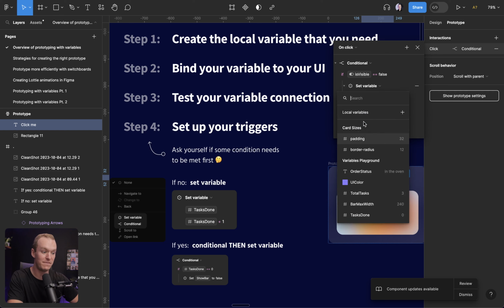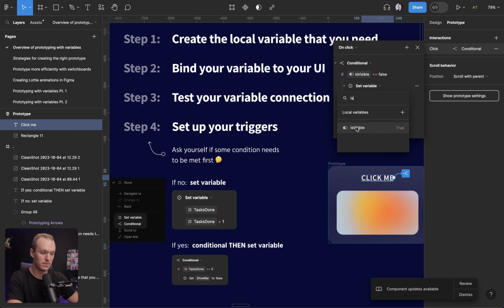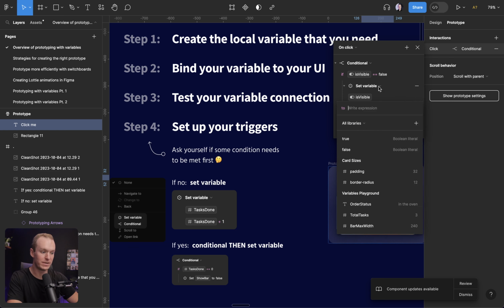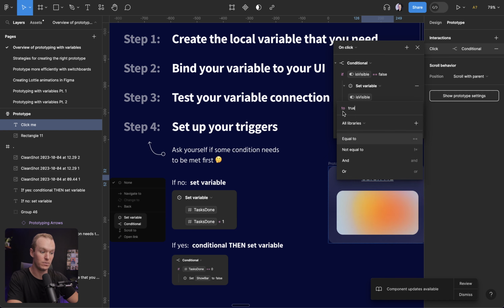So set variable, and we're going to do is visible. And we want to set that because it is false. We want to set it to the opposite, which is true. So now our expression reads, if is visible is false, when this is clicked, set it to true, and then